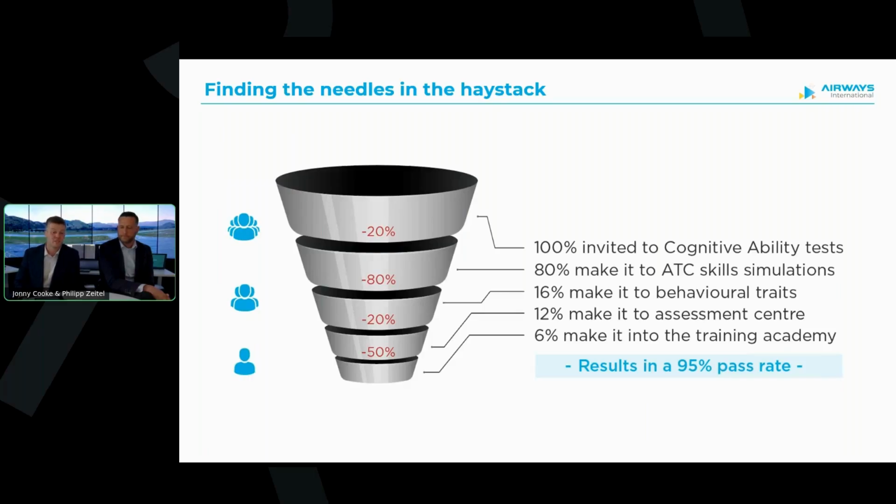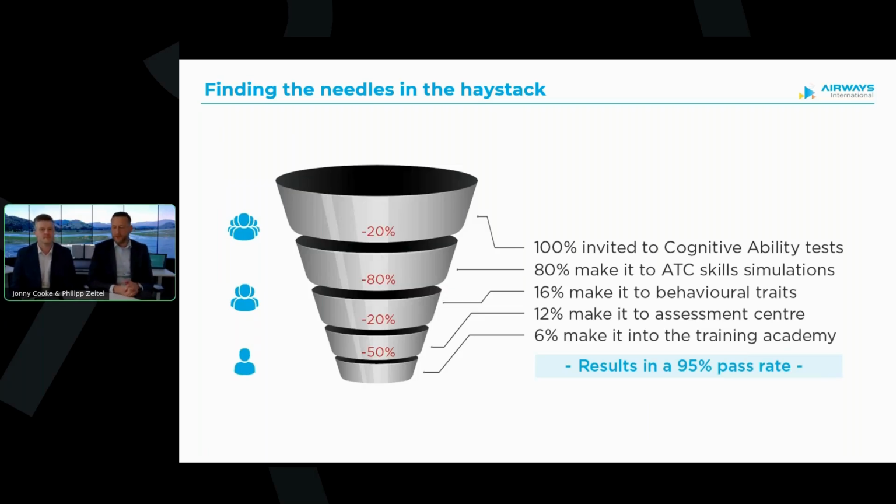We can have assessment centres where all candidates make it, but it is that stage of the process, as Philip talked about, where it's a big investment that we make. It's a full day, it's a busy day, and that's where we're getting them down to about 6% of the initial group being invited to the training academy, and you can see that's the pass rate once they've been brought in.